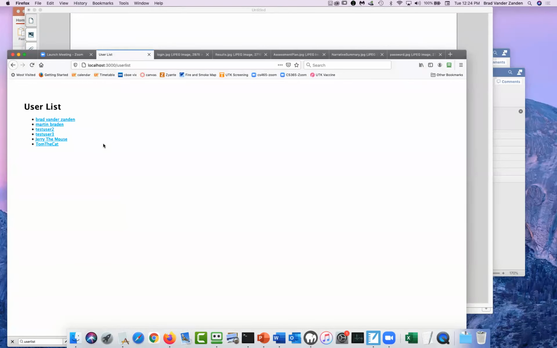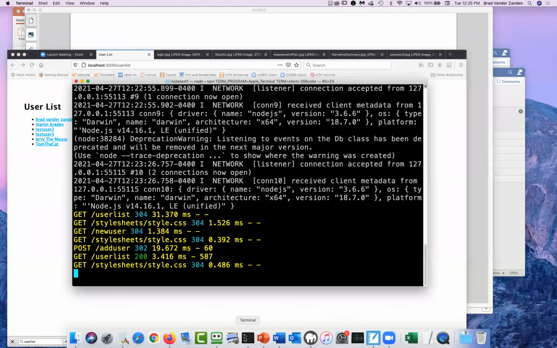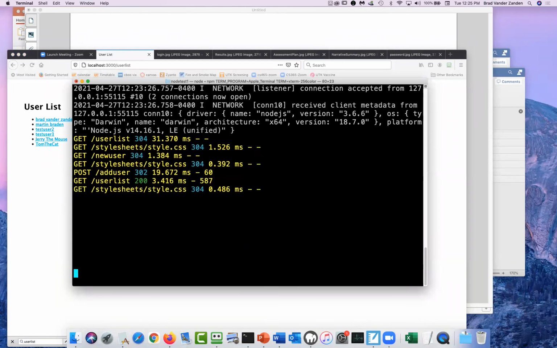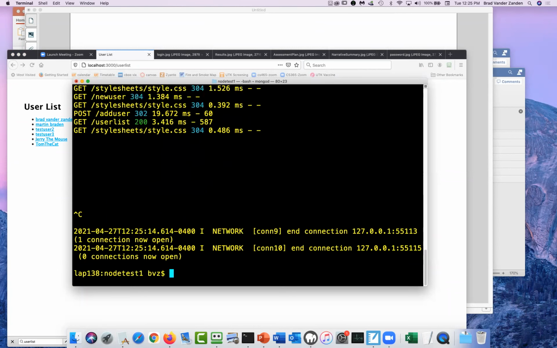Okay, so very simple example to show you kind of what's going on with Node.js. Notice here, it's just running the command line right now. So basically the server is just running at the command line, I can kill it with Control-C.